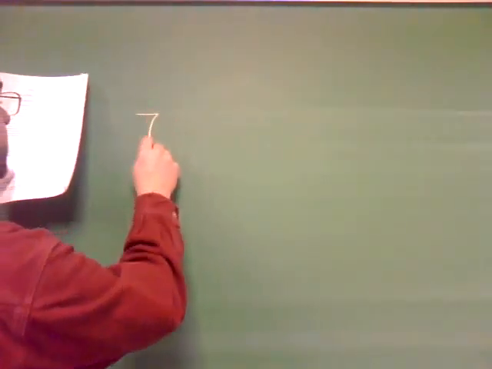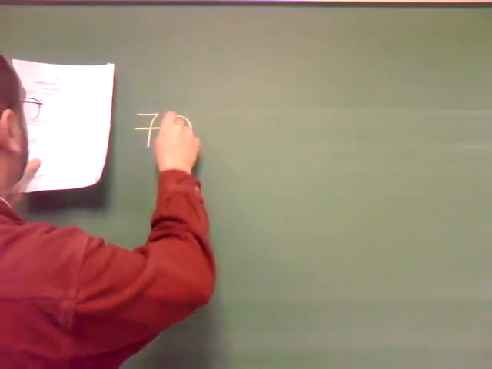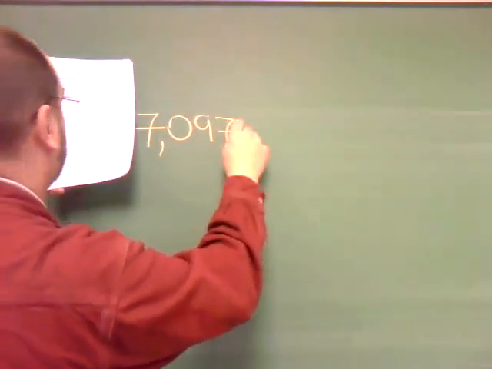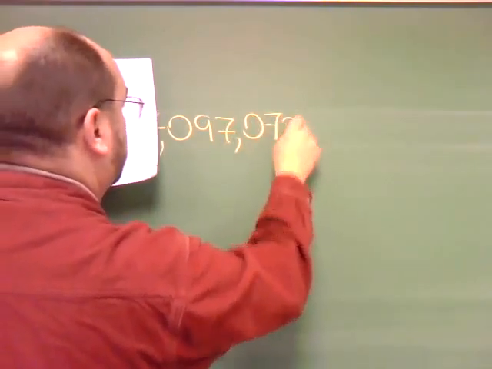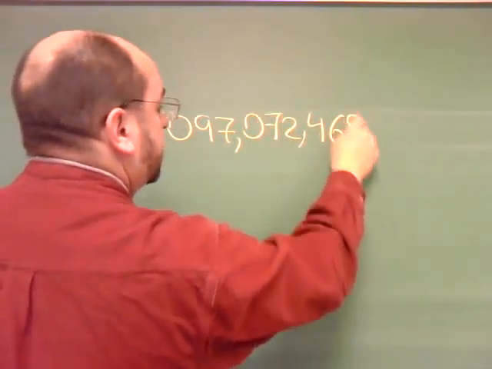Number 10, find out the population of the Earth. I did this the other night. I had 7,097,072,469